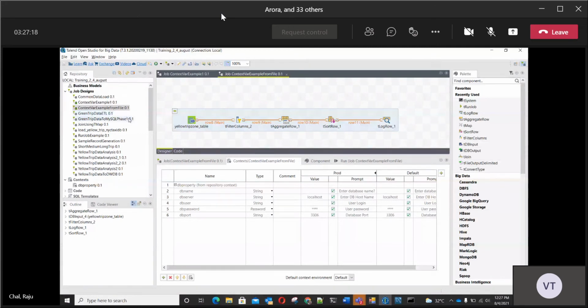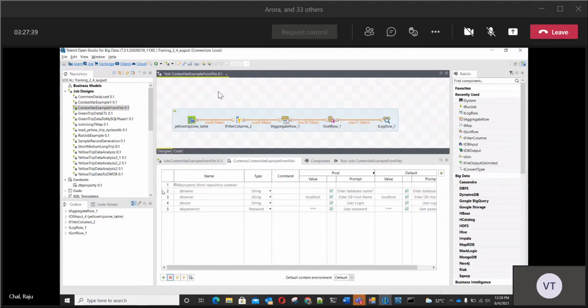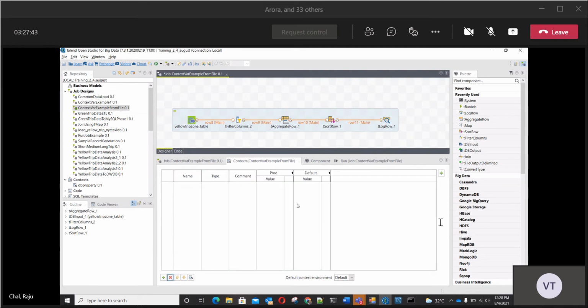Okay. So here, in this case, what happened? I don't want to take the variable, we can add it. Let me delete all this and newly create this variable here. Okay. Now, in this case, let me add